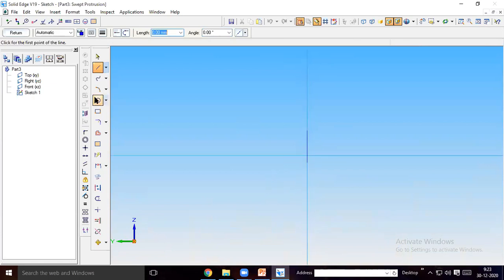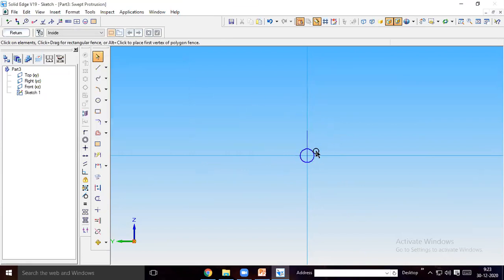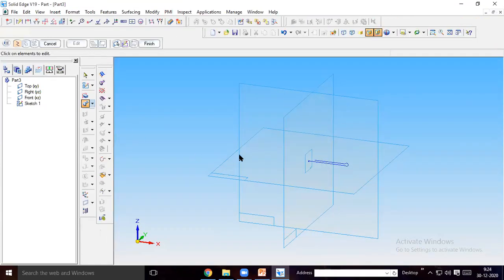So here you need to draw the profile of a 1.2 mm circle. Then return. Okay, then say finish.